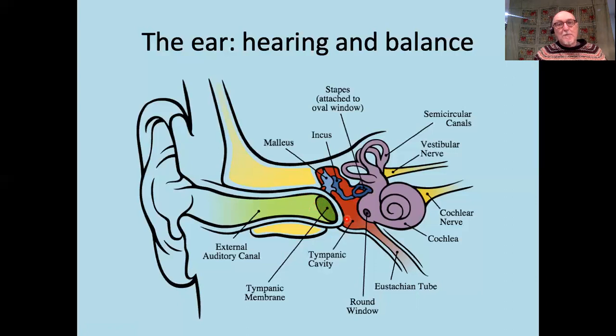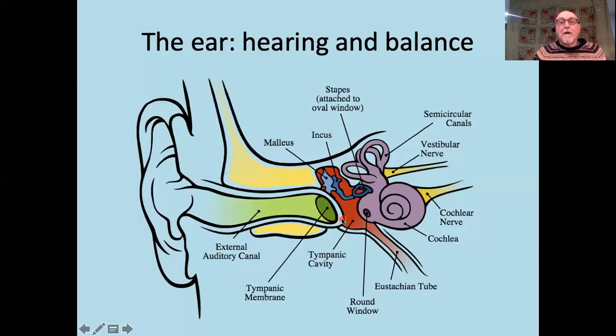So the usual treatment for this is to provide antibiotics, to quell the infection. But in addition, especially in children, the doctor may put in a small drain into the eardrum. It's completely painless, and it sits there for a while, and eventually the eardrum will actually heal. But you provide a drain. If the eustachian tube is blocked, it allows the middle ear to drain and for pressure to be equalized.